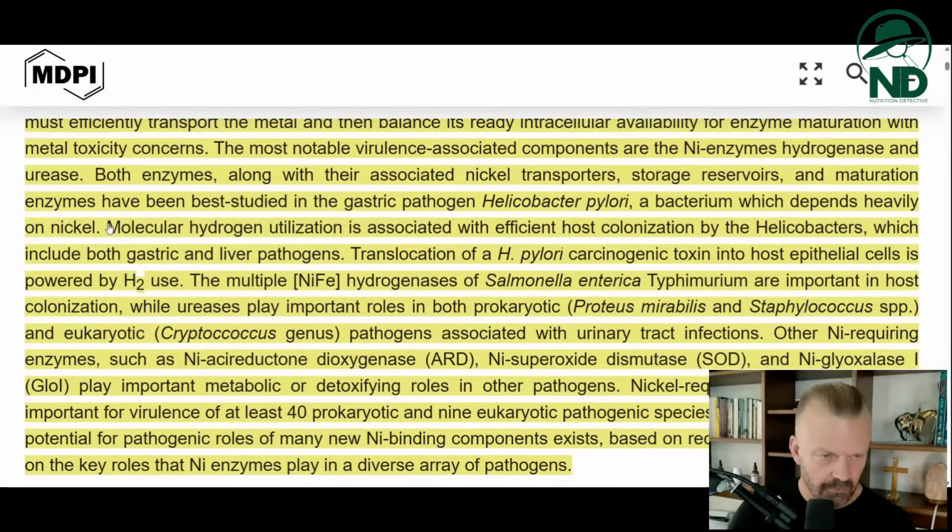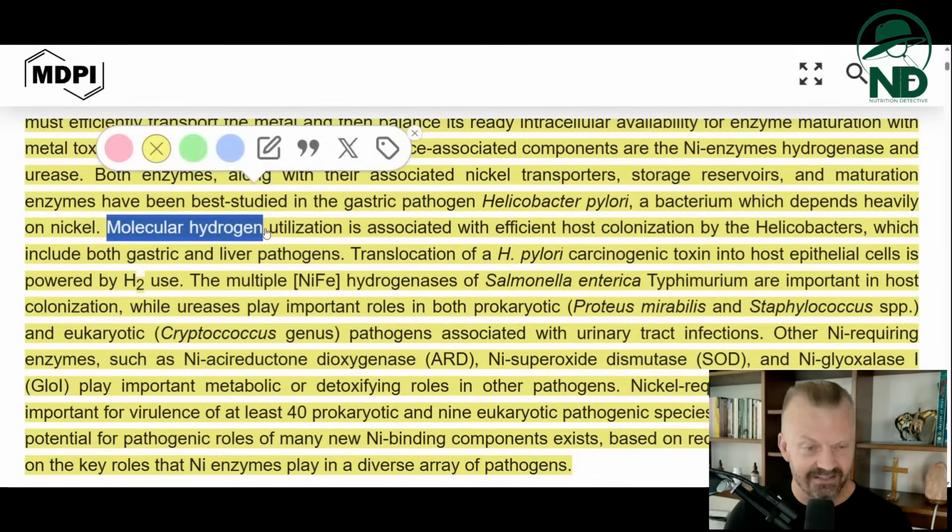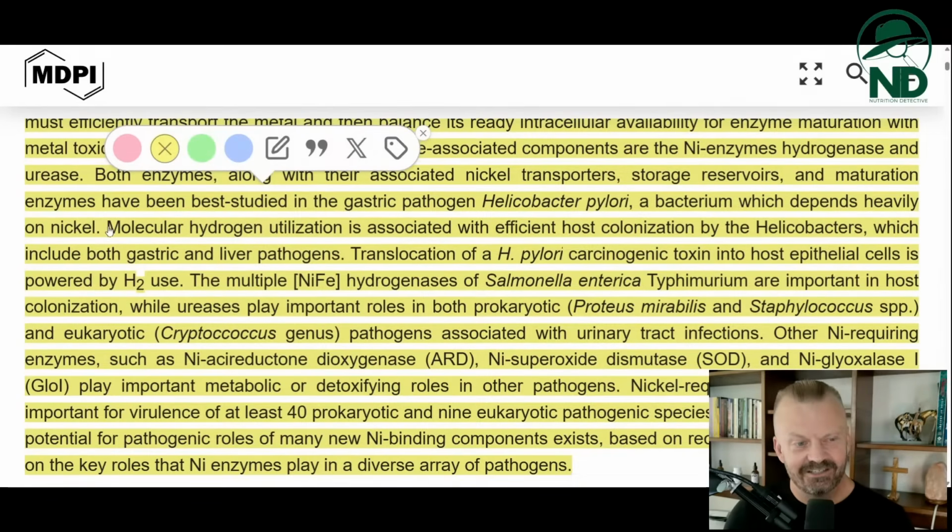Stop asking me about molecular hydrogen. I don't want it. I'm not adding what they say is the most potent antioxidant known to man to the system, which is directly